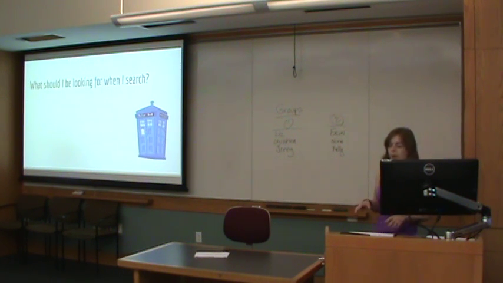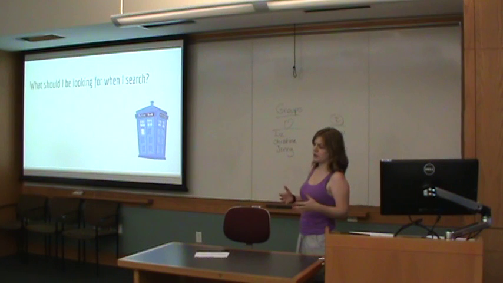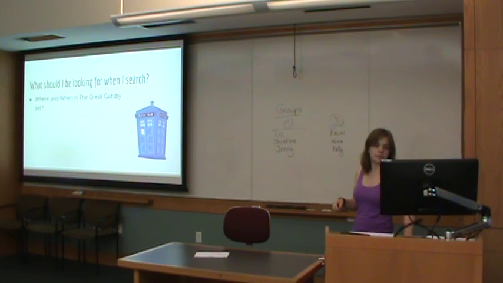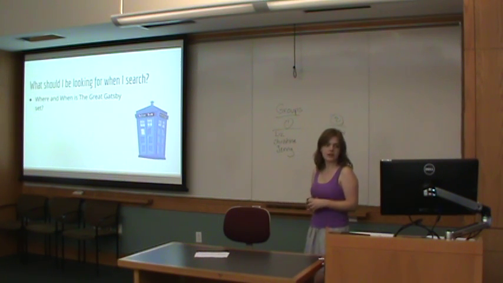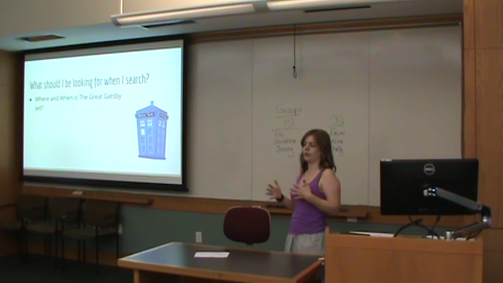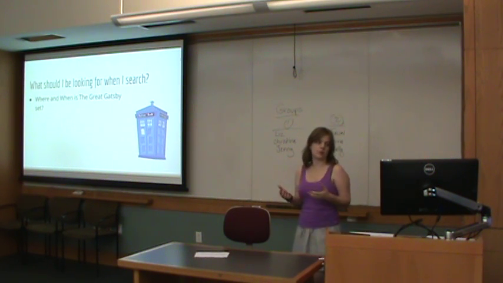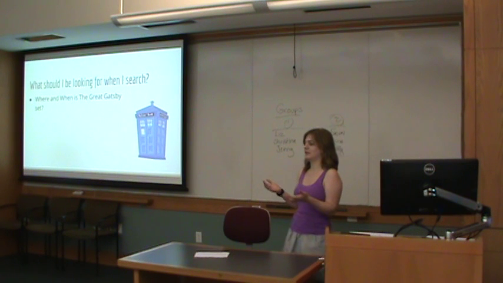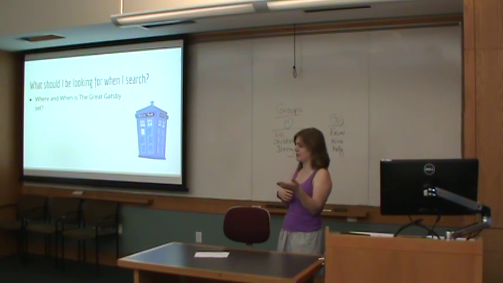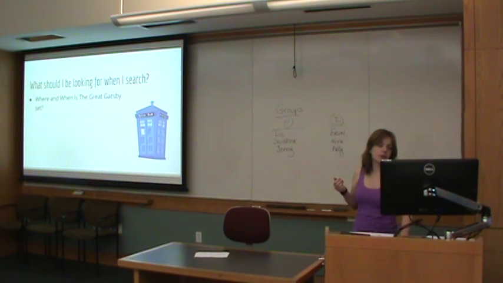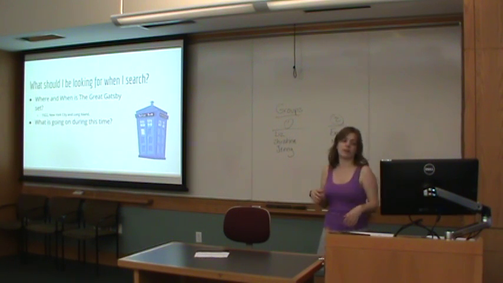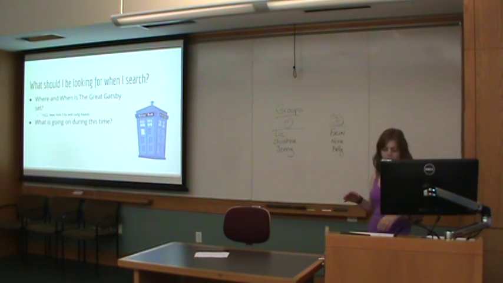Okay. So, what are we going to look for today? I already mentioned that we're going to be talking about the 1920s when the Great Gatsby was set. So where and when specifically do you think we're going to be looking? Where's the Great Gatsby set? New York. And so it's in New York, we're talking about Manhattan, the boroughs, but also you're going to be looking for Long Island because West Egg is in Long Island. And then also it's in 1922, so it's set at a very specific time, so you can look for sources that are very specific.